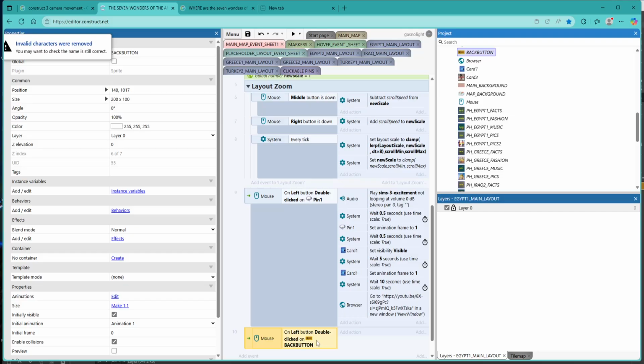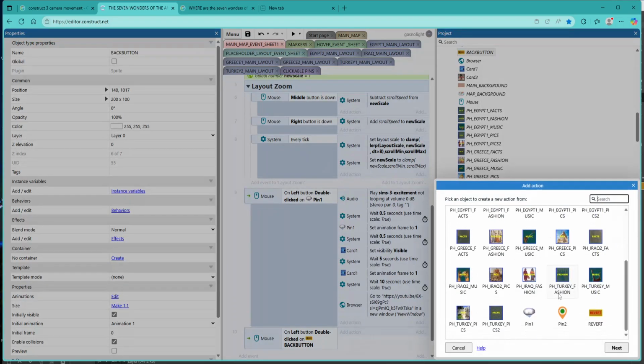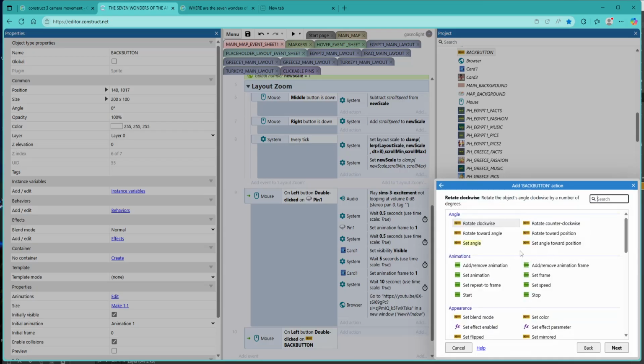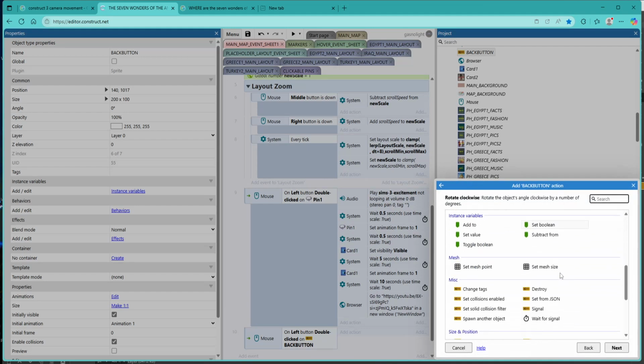Okay, I just renamed it, and let's add action. So add action, go to the back button. Oh, it's at the top now because it's B,